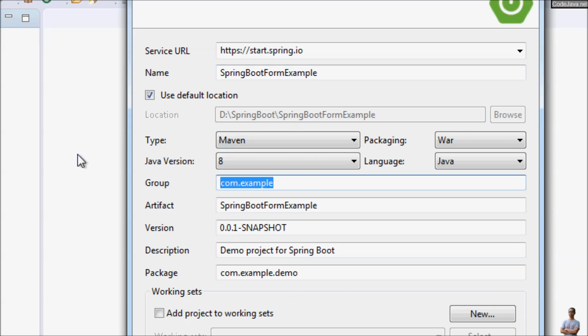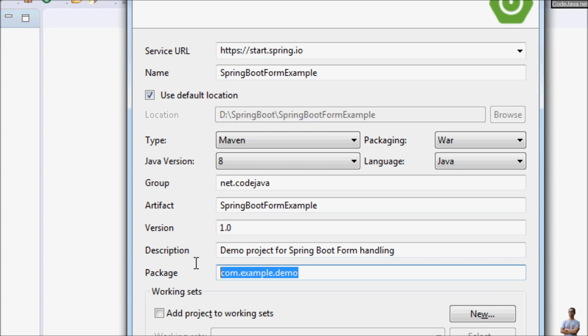the group ID is net.codejava, version 1.0, and description: demo for Spring Boot form handling. The Java package for the generated code is net.codejava. Okay,